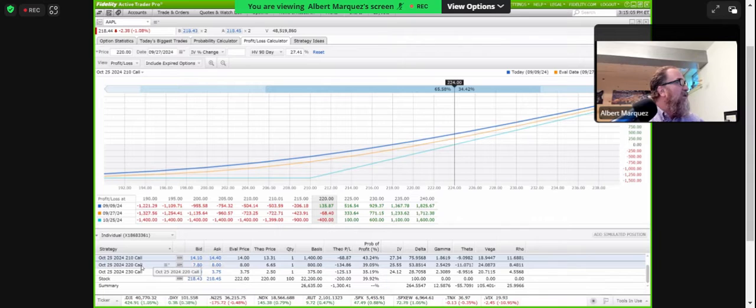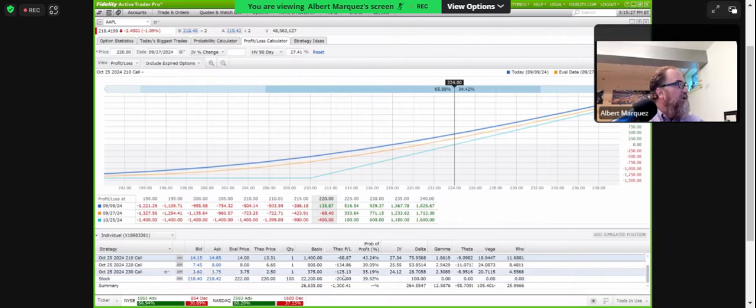The 220 call, the at the money, again, we evaluated $8. It's currently worth $6.65. So we're down about $134 on this particular investment. And again, we haven't really seen much movement, so not surprised to see us losing money on these. Of course, the 230, we only paid $3.75, but it's worth $2.50. We've actually lost even more on this particular one from a dollar amount standpoint.